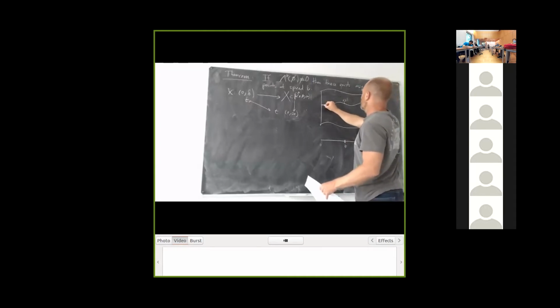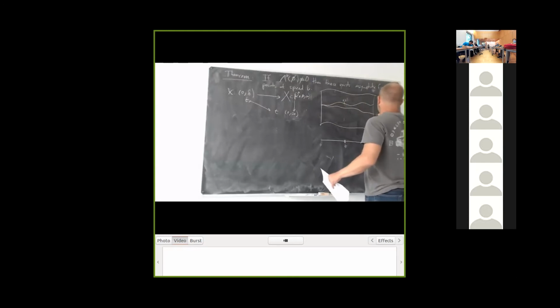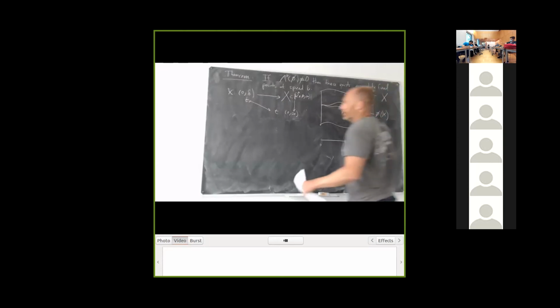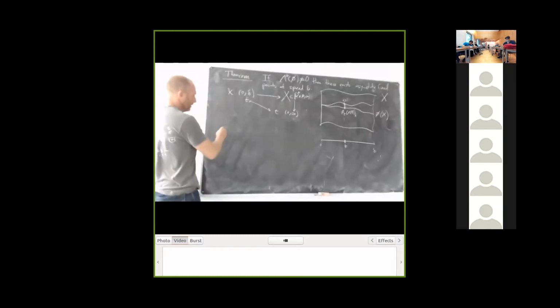And now I transform by phi. This is phi of x. So this point is phi_t of x_t. Okay, and I am measuring this distance. And the limit condition is